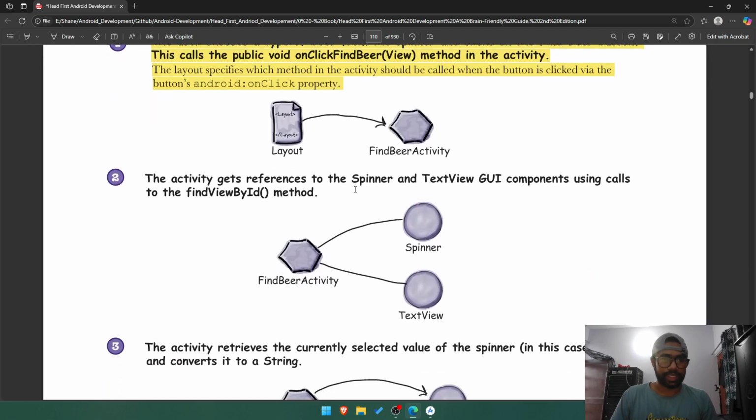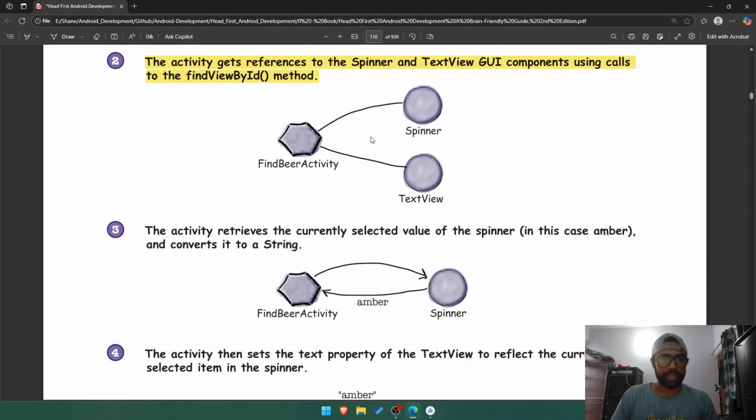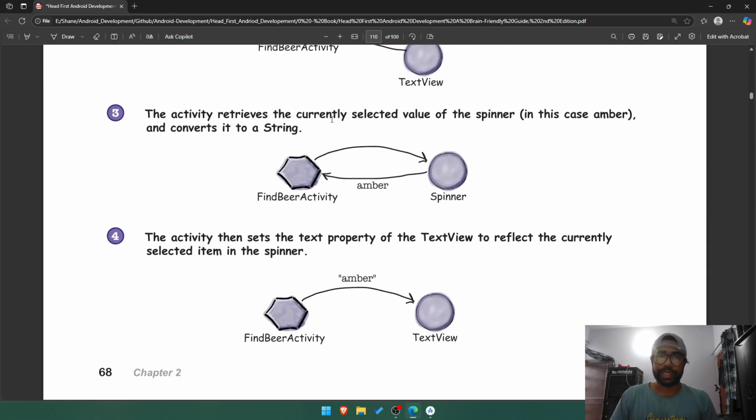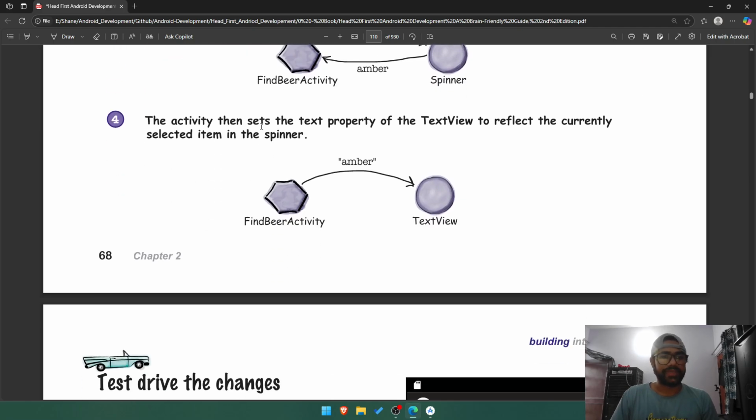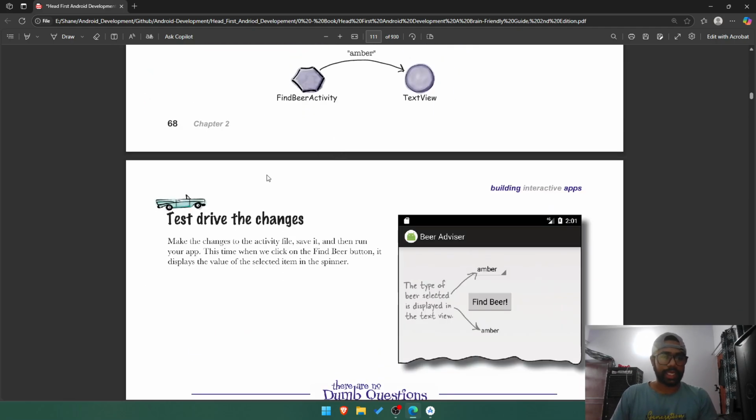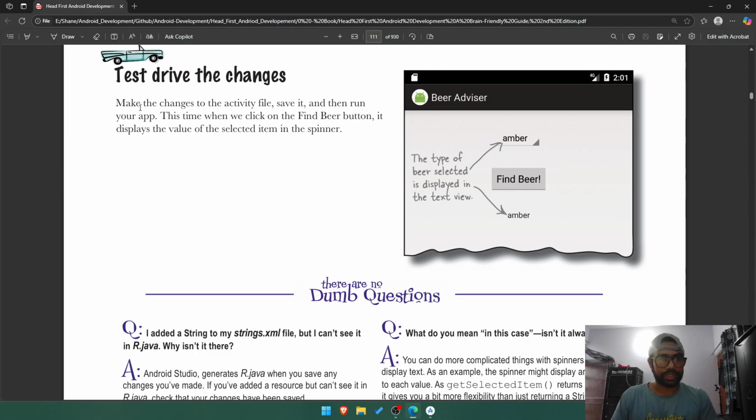The activity gets references to the spinner and text view GUI components using calls to the findViewById method. Then the activity retrieves the currently selected value of the spinner, in this case amber, and converts it to a string. The activity then sets the text property of the text view to reflect the currently selected item in the spinner. Take the test drive: make the changes to the activity file, save it, and then run your app. This time when we click, right,